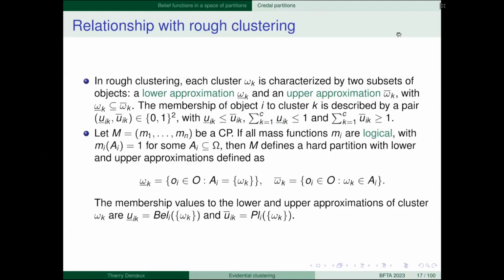Then you have the upper approximation, which are sets of objects that possibly belong to the cluster. It contains the previous one, so you might have something like this.